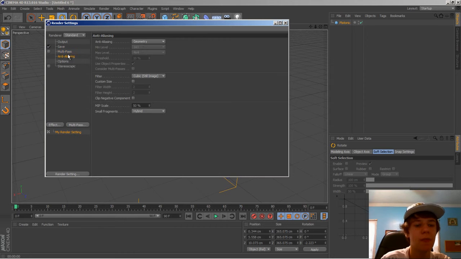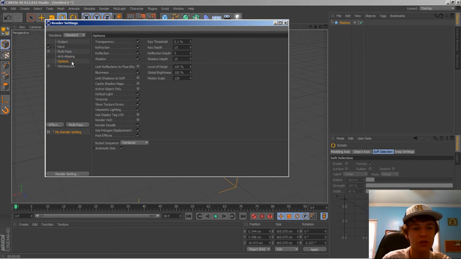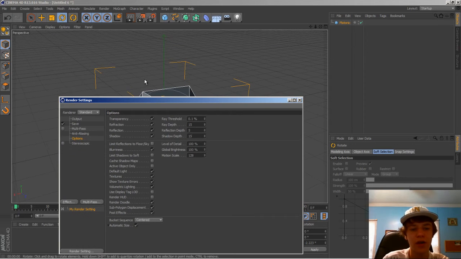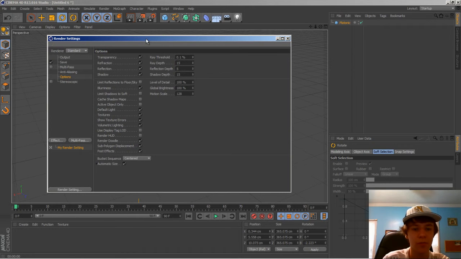Multipass, don't worry about that. Anti-aliasing. This improves quality by a landslide. I usually put it at 4x4, then leave everything else alone. Options, you uncheck them and check them as you have the things in your scene, or if you don't have them. I would just put this at 1000